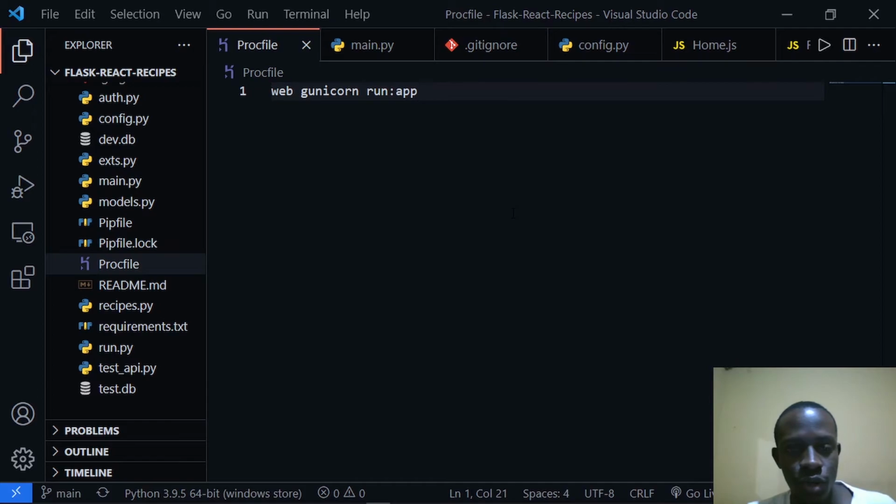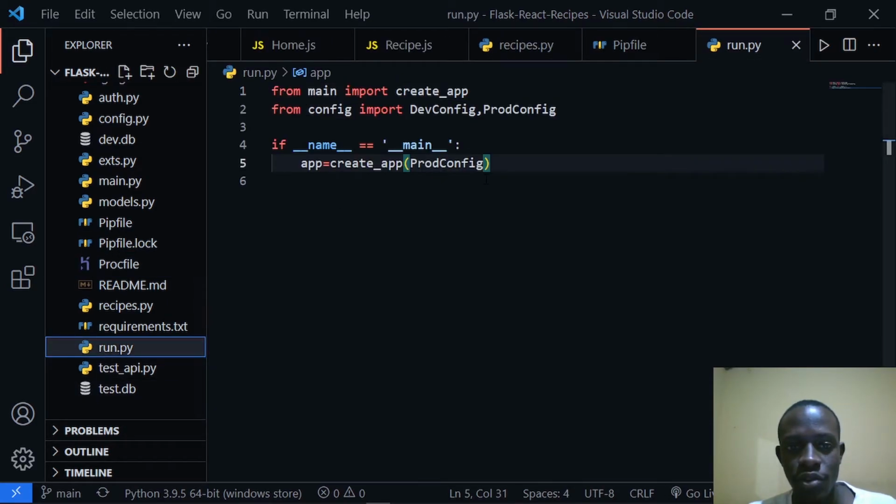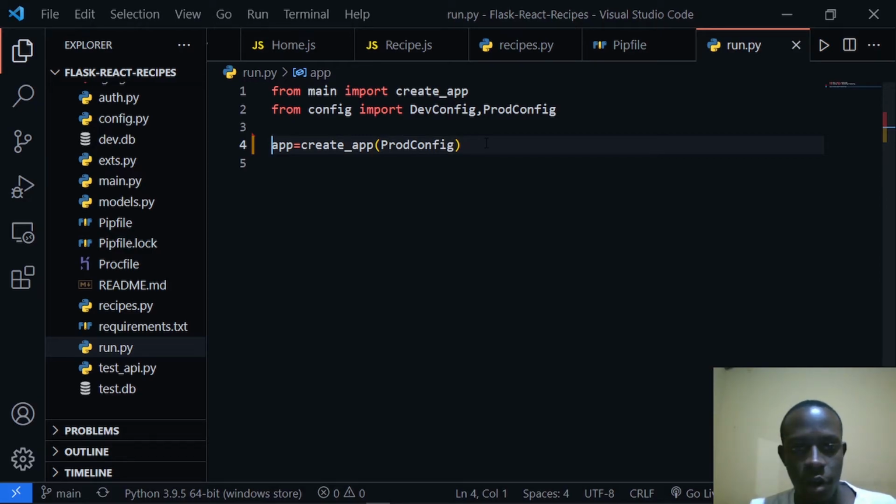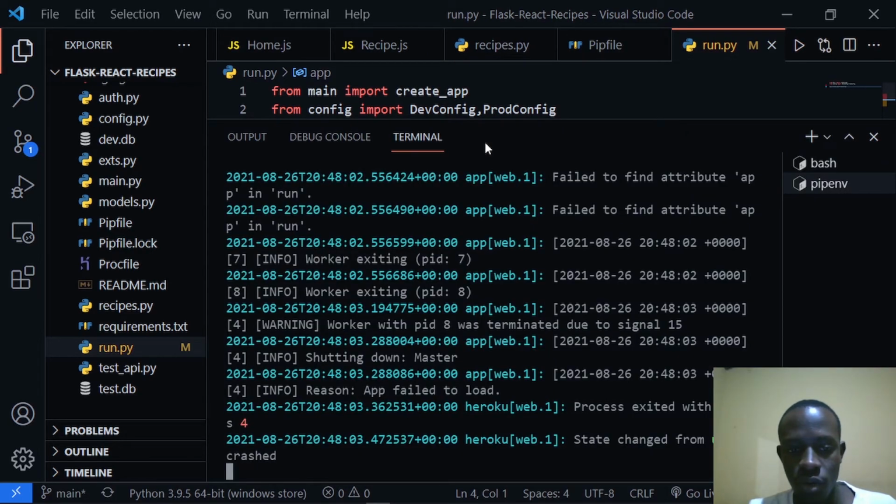So I'm going to come right in here. It has failed to find our run in our app. So I'm going to come to our run.py, and then what I'll do is remove this if statement. I'll just expose our main app variable, or our app instance. So we need to stop this and then